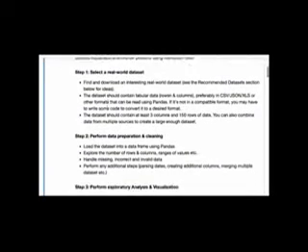Okay, and this seems to have opened up. So let me just open up the Jupyter notebook here. Alright, so the first thing, step one, is to select a real world dataset. So you can find and download an interesting real world dataset, and we have pointed to a lot of interesting datasets in the recommended datasets section. So you can just scroll down below and you will find recommended datasets, and we'll spend a little bit of time there too. And the criteria is that this dataset should contain tabular data, which is rows and columns,